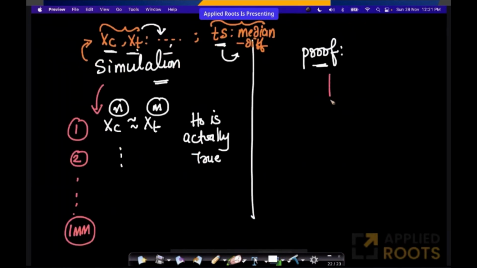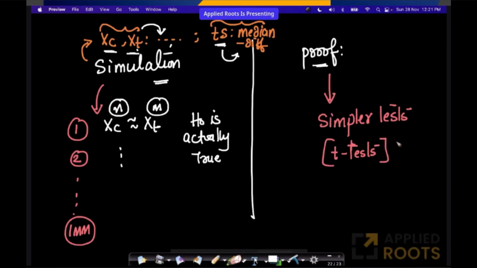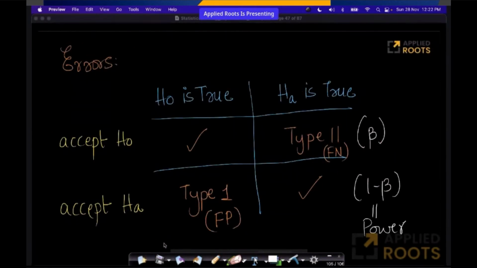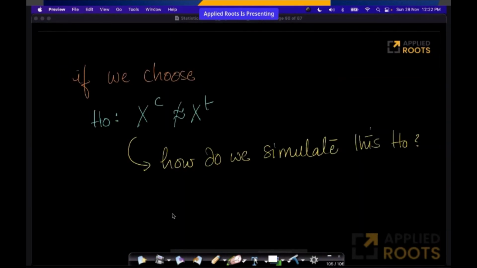The proof-based structure will work for simpler tests, in specific situations only. For example, there are simple tests like the t-test, which has been studied for more than a century now. For that, statisticians have come up with various mathematical techniques to work out what the power is and things like that in limited settings. But anything that you want to do with resampling and permutation tests, you have to do through simulation. Okay, so that's a good question. Now your question could be, how do we do this simulation? Let's see that.